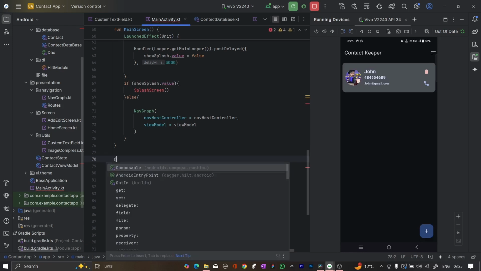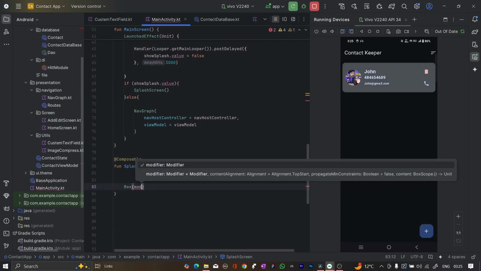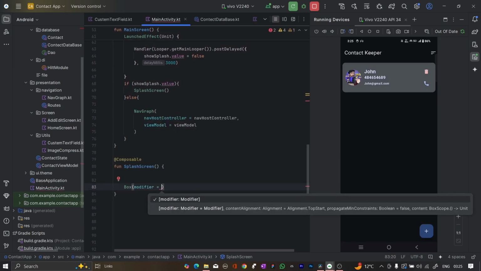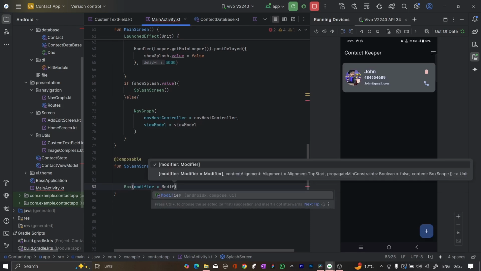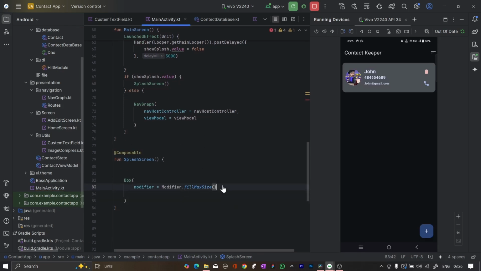Composable लगाते हैं सबसे पहले. Composable we needed here, and after that we need the function here, splash screen, and then what we needed here, the box, right? Box we needed, and then the modifier we have to give here. Modifier is equals to modifier dot fill max size, and then outside of that Control Alt L करके हम इसे थोड़ा organize करते हैं